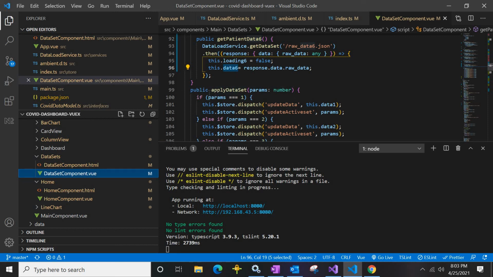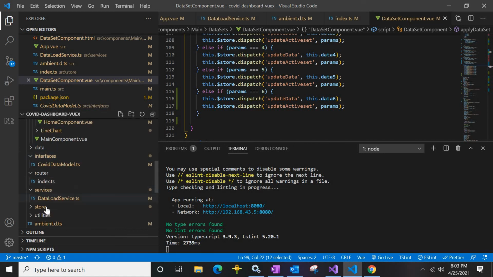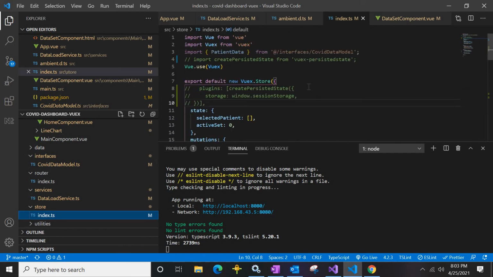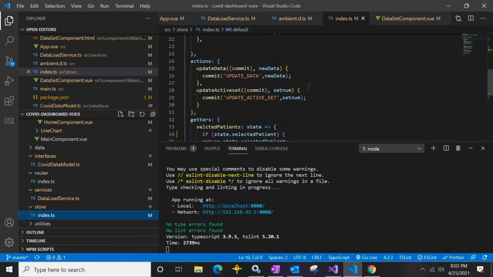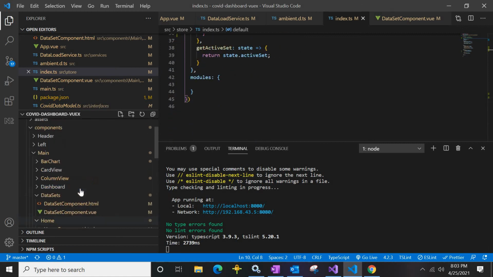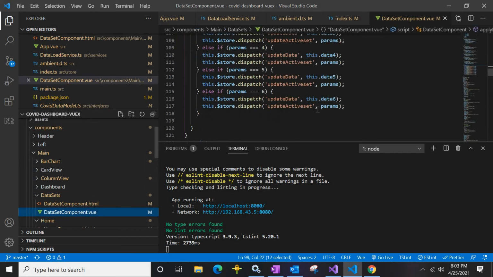So one thing we need to do is the refactoring. Next is the store, how we are keeping the data and storing it across different sessions. As we can see, we have our store and how we are managing the state, all those details you can see here. This we will be covering in our upcoming videos. We'll do it step by step, so it will be easy to digest.